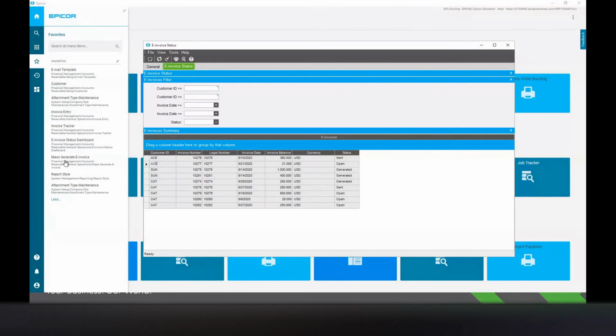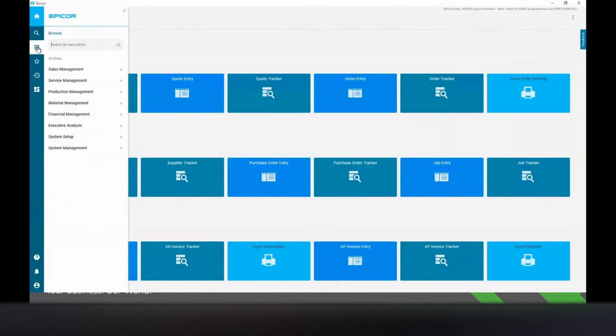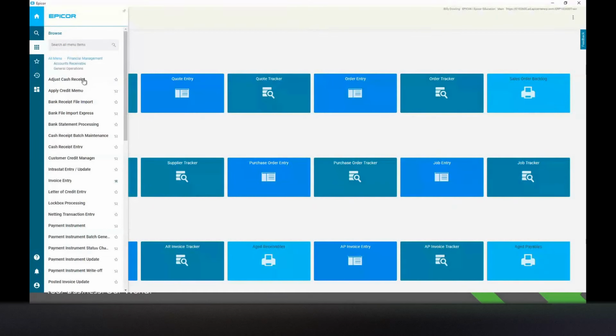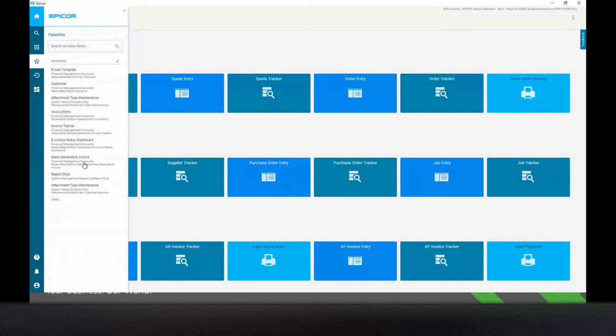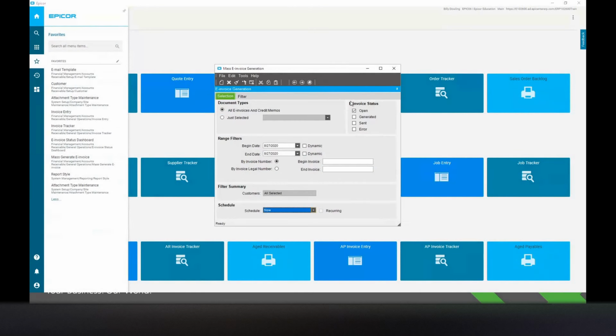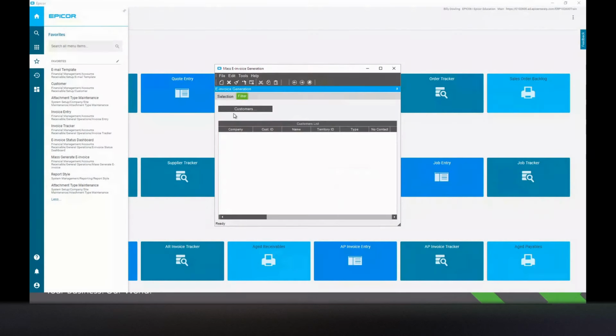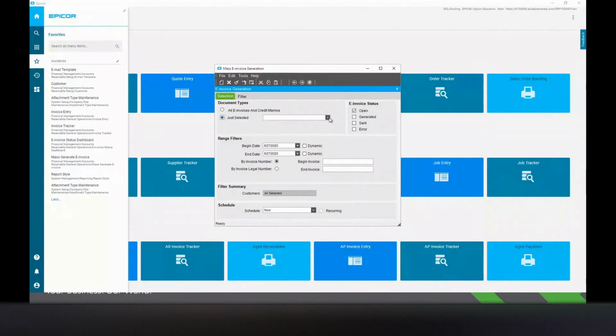So in order to do the mass generate, you want to go into mass generate e-invoice, and I apologize, all of these modules are found under financial management, accounts receivable, general operations. I just had them set in my favorites for this demonstration. So this is mass e-invoice generation. It looks a lot like our generate e-invoice from the invoice tracker. And what you can do is you can actually filter it by certain customers. You can filter it by the transaction type. So if you had separate transaction types, like credits, or